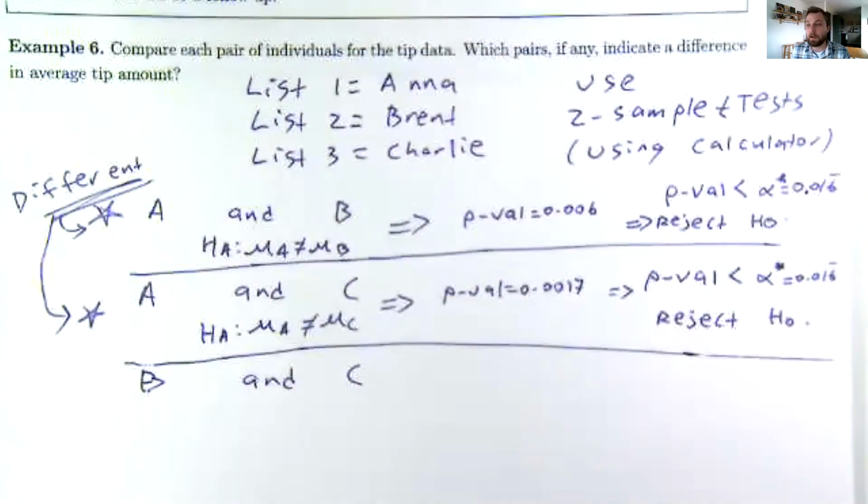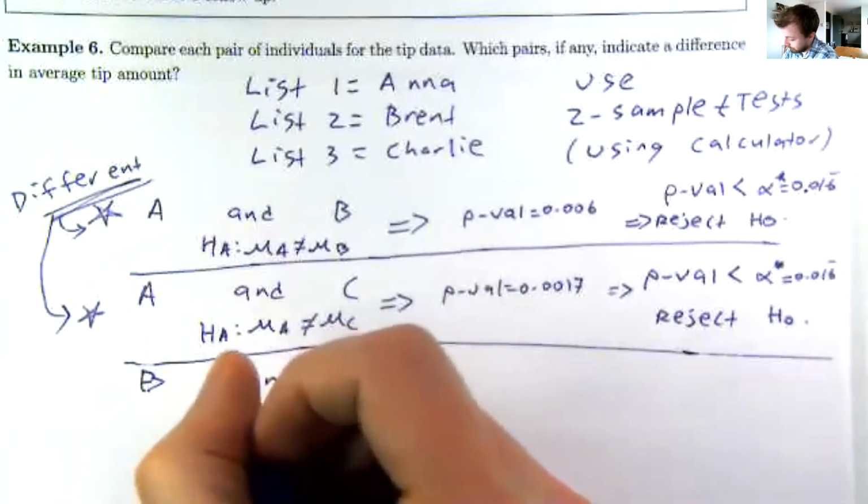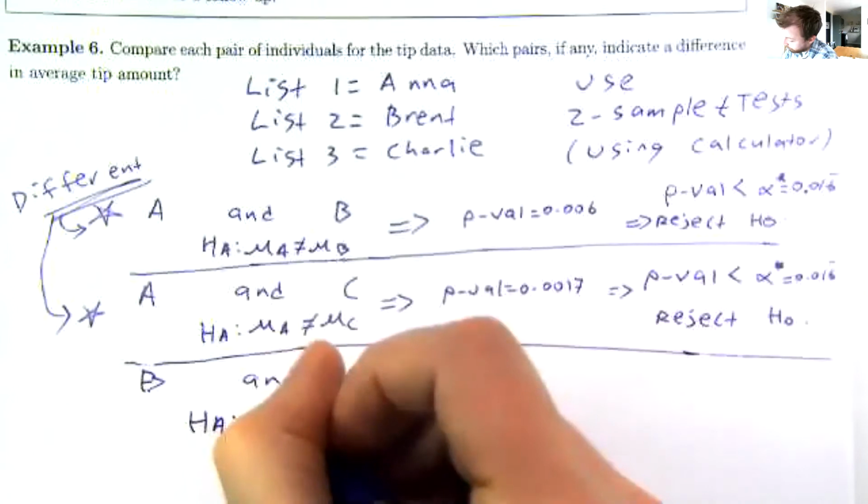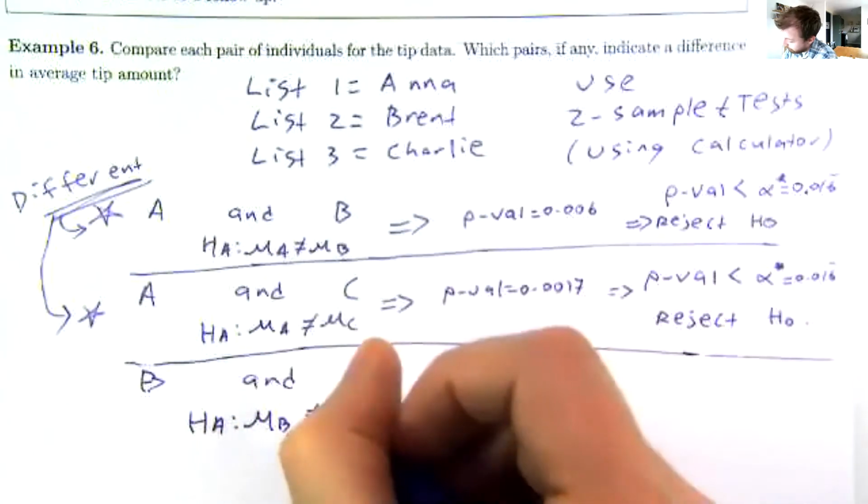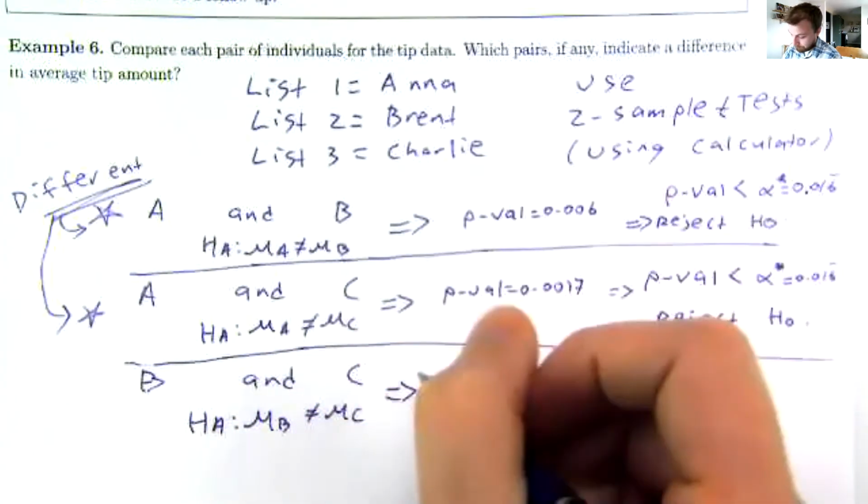If you're following along at home, please pause the video and I want you to compare Brent and Charlie, that second list and the third list. Does there appear to be a difference between Brent and Charlie? And let's check. Average for Brent, average for Charlie,